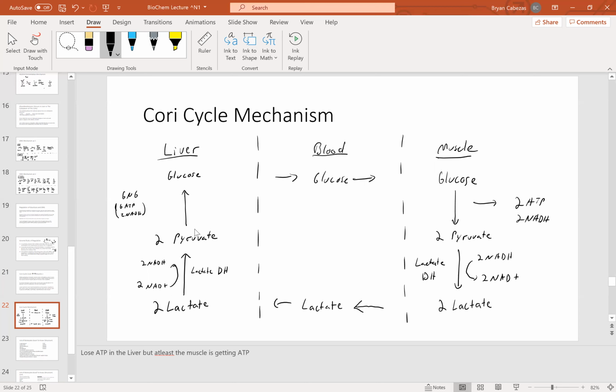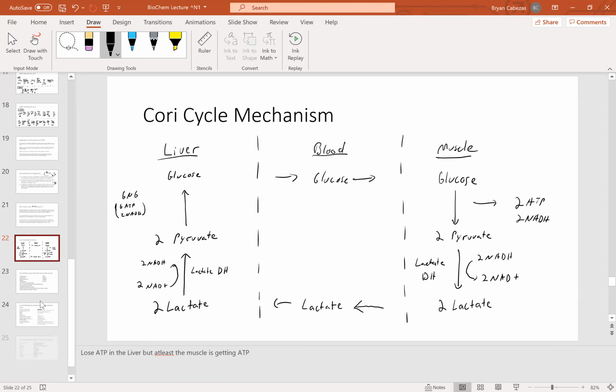And then the pyruvate is going to go into the pathway of gluconeogenesis, and we already know what that looks like. It produces glucose. That glucose is shuttled out from the liver to the bloodstream and back into our muscle to be used up again. Of course, this is not a perfect cycle, and that's why we eventually get tired and just poop out. We're just like, oh, okay, that's it. That's enough for me today. So that'd be our last cycle.